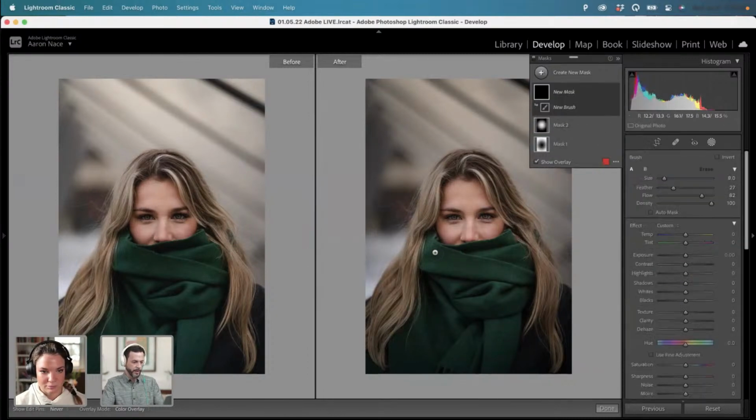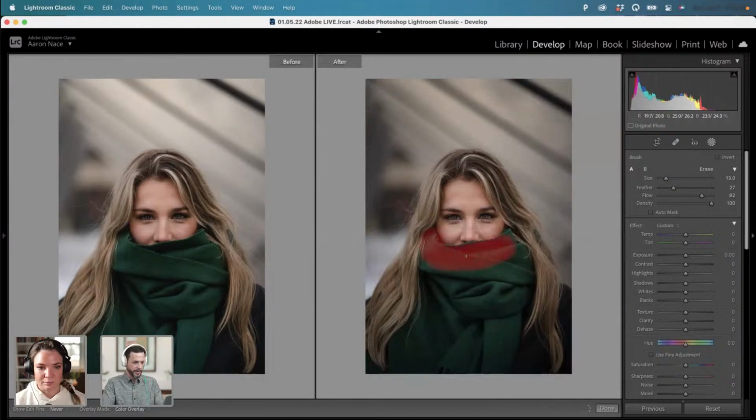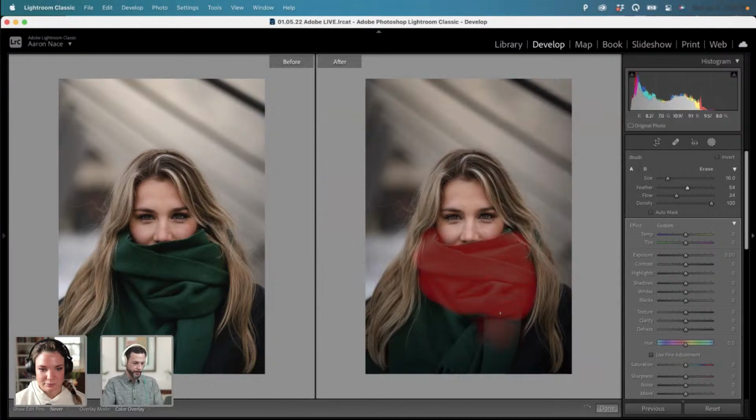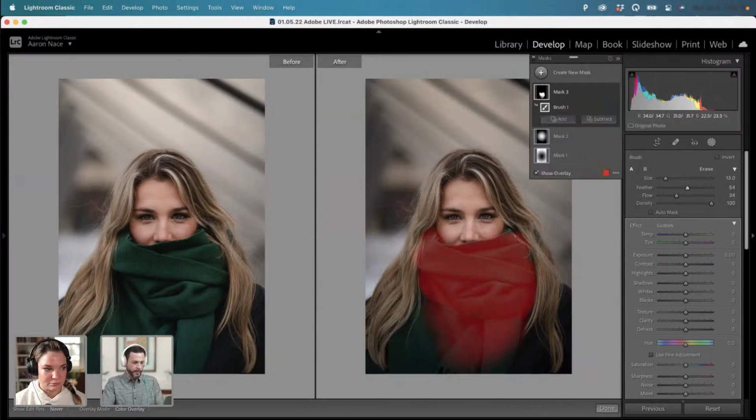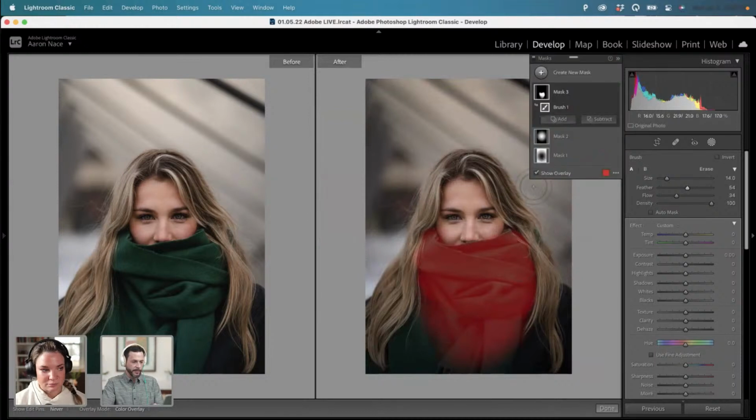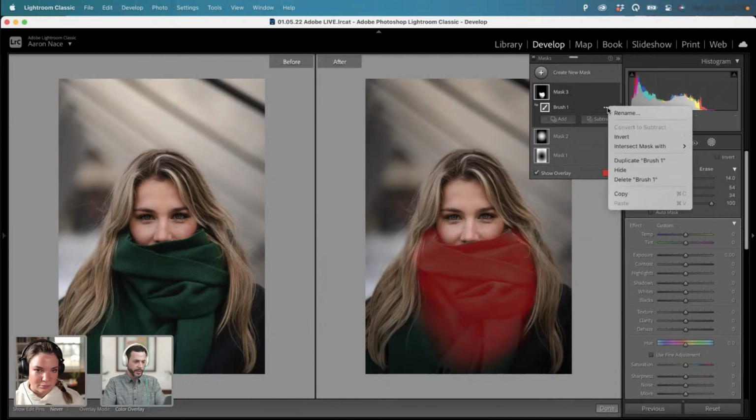So we're just going to paint with the brush tool. Now this is something that'll be cool because we're going to intersect the brush tool with the luminance range. We haven't done this just yet. There we go. We'll feather that down and bring the flow down. All right, so I want the highlights of this scarf to be a little bit more pronounced. This is basically some dodging and burning. So we've highlighted the scarf, and then we're going to do an intersect with